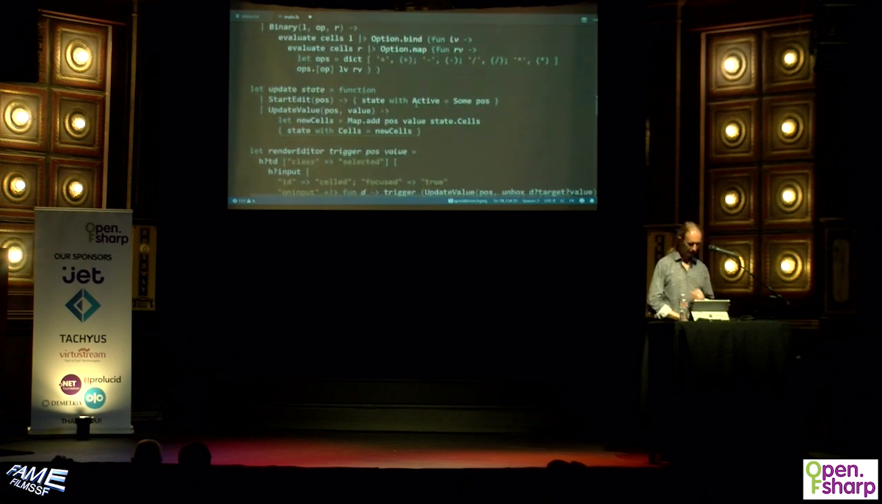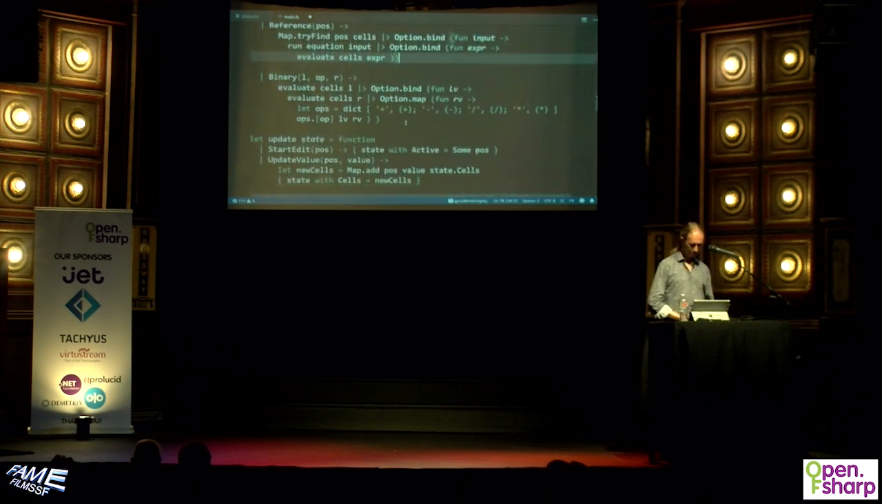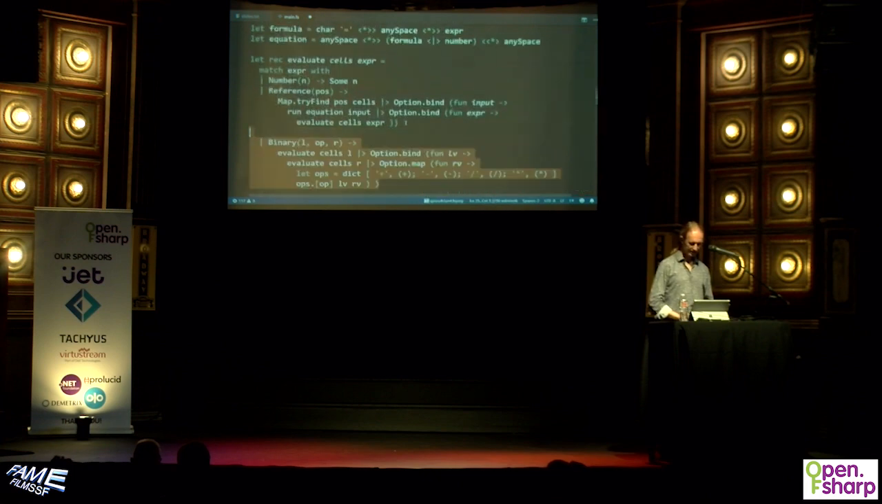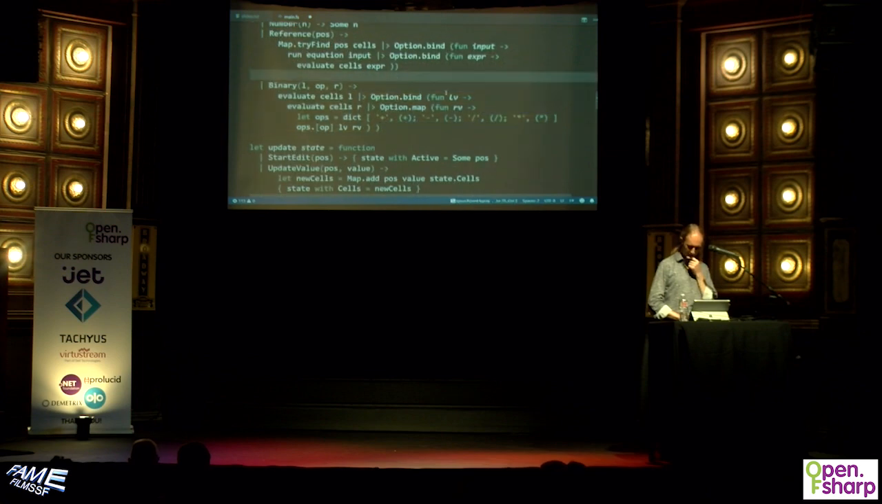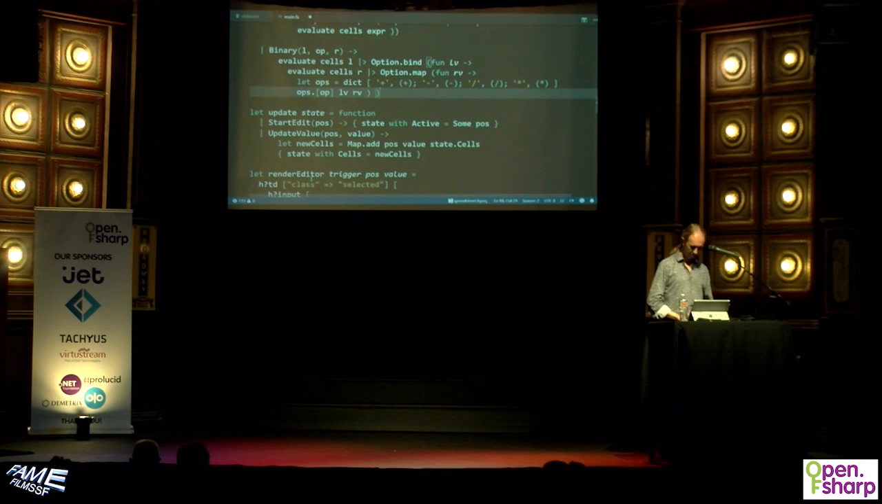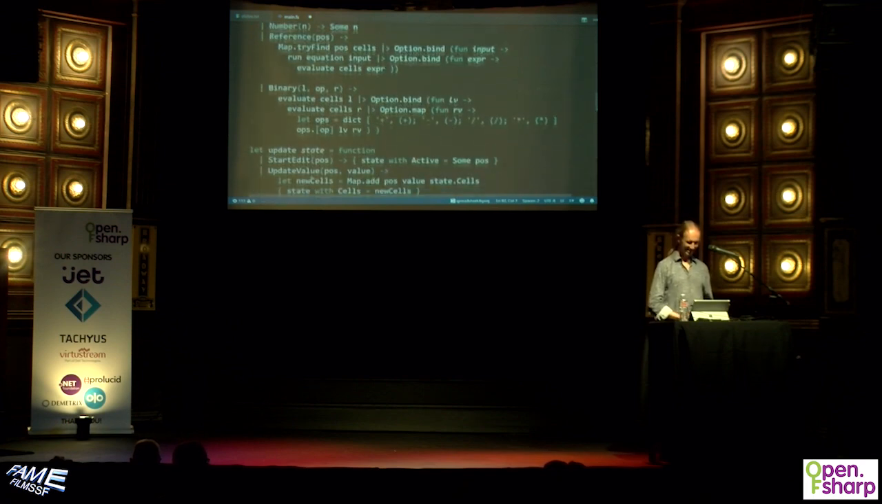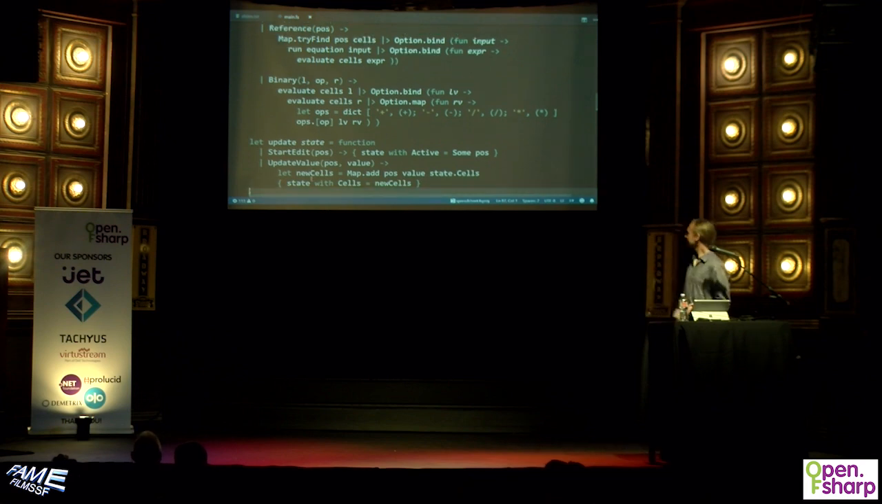Did I forget a bracket? I must have forgotten a bracket. If I remove this thing, then it's fine. So there must be, well, no. I'm not going to say what was the reason. There's a bug in my editor. Now